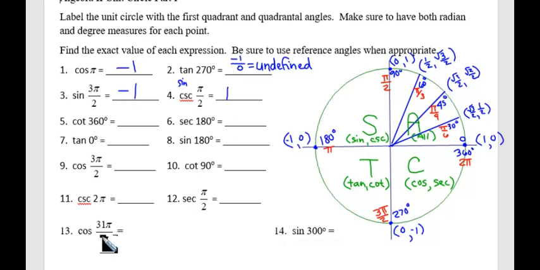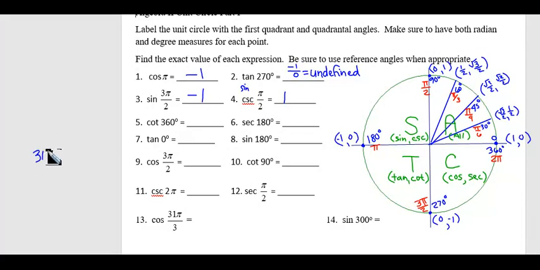All right, let's look down here to some of these that are not quite so obvious. The first one that we have is the cosine of 31 pi over 3. Now, I think on bigger radians like these, it may be easiest to just convert it to a degree and then sketch that angle. If you do this conversion, if you take 31 pi over 3 and you want to change it to degrees, you would multiply by 180 over pi. The pi's are going to cancel, and you are going to get